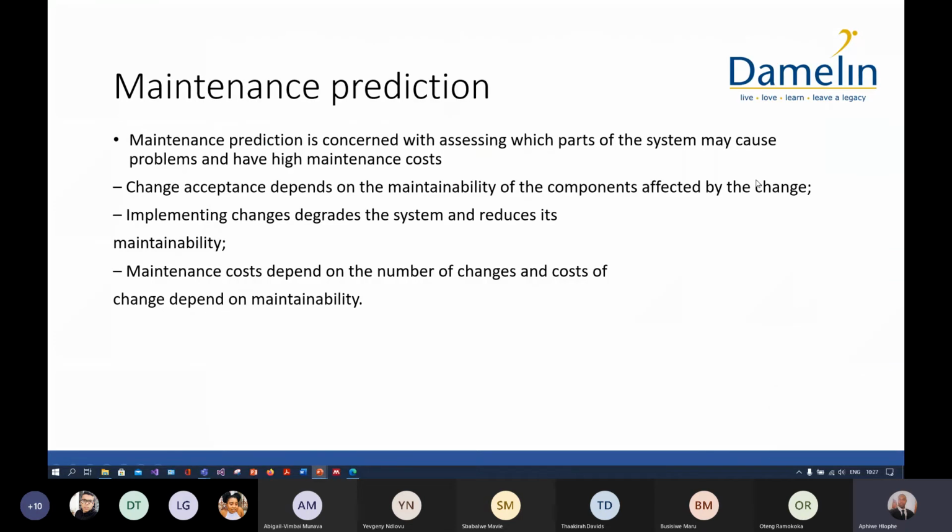So as part of being a software designer, you need to be able to predict future maintenance requirements of the software. Change acceptance depends on the maintainability of the components affected by the change. If you build the software right the first time, if you design it right the first time, then the impact of change should not be that great, okay? So if you picture a system that you initially built on 2-tier architecture,